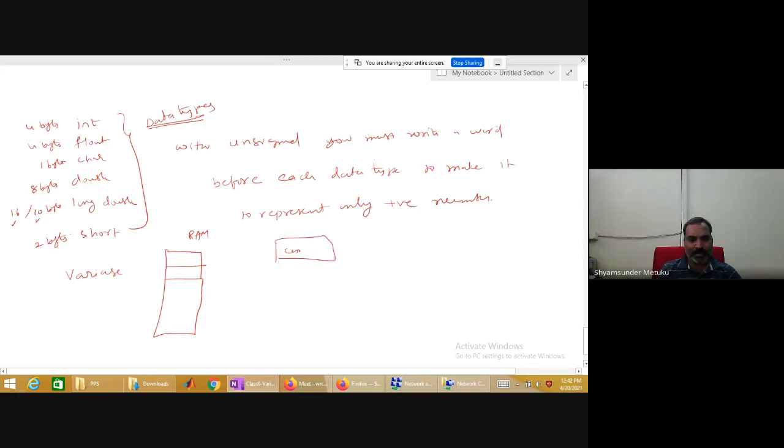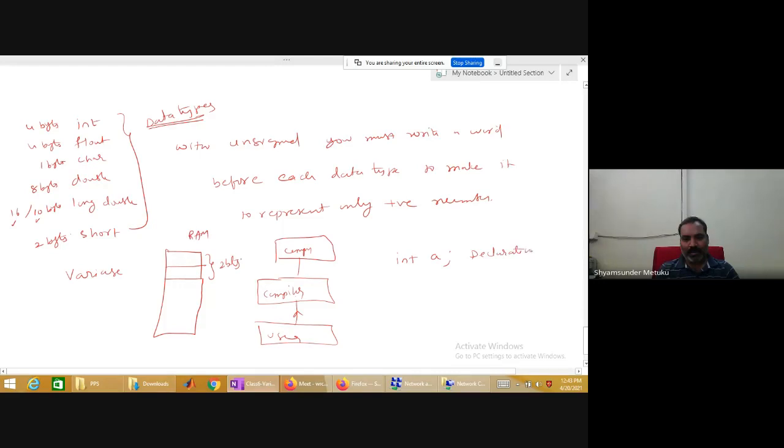This is the computer. This is the compiler. And this is the user. When the user makes a request to the compiler of 2 bytes, your memory will allocate 2 bytes of memory. While allocating, if you write a statement like this, int a semicolon, this is the first time I'm writing a C statement here. This is called a declaration statement.